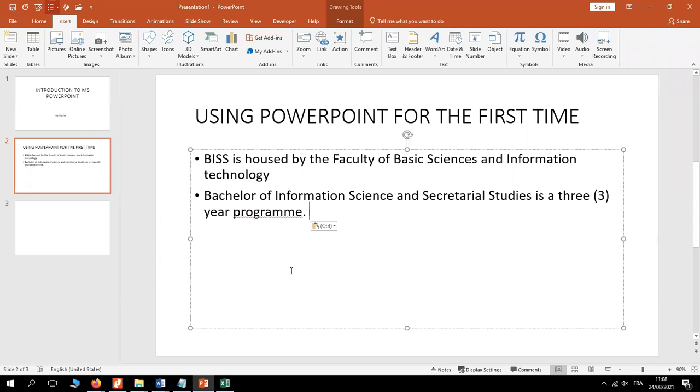So I'm going to task you as well to try and type something in the PowerPoint so that we're able to have something that we're going to work with. I want each one of us to create about 10 slides and try to put something in those 10 slides in just 1 or 2 minutes. Then we continue. So assuming that you've now been able to type something in your presentations, I'm going to my